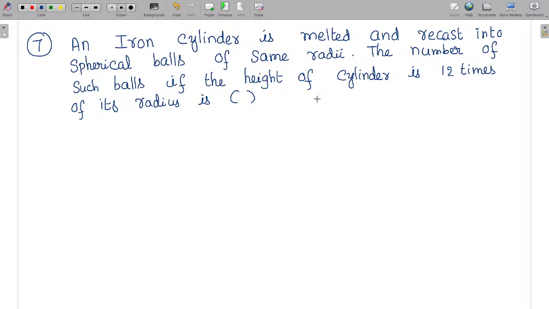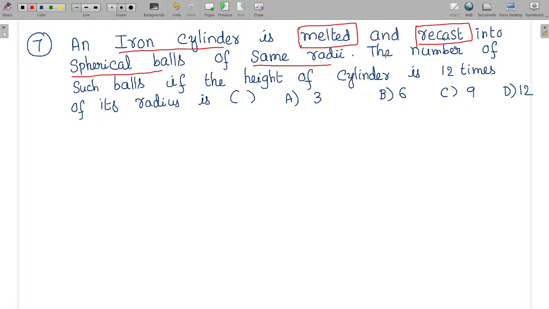So try to understand this question. Option A 3, option B 6, option C 9, option D 12. So all of you go through the question carefully. First of all, look at the screen. An iron cylinder is melted and recast into spherical balls of same radii. Then we need to find the number of such balls if the height of the cylinder is 12 times